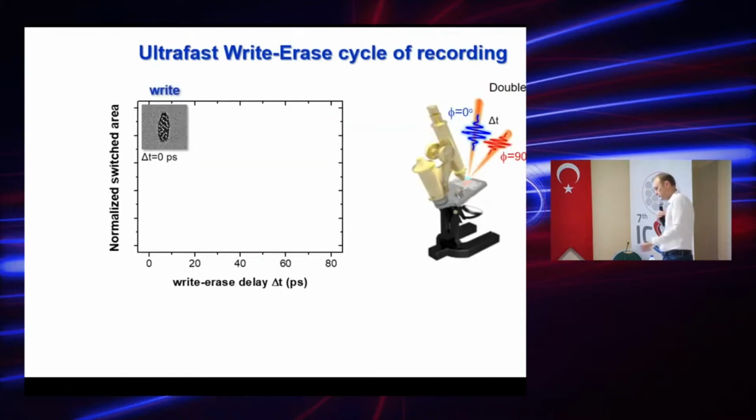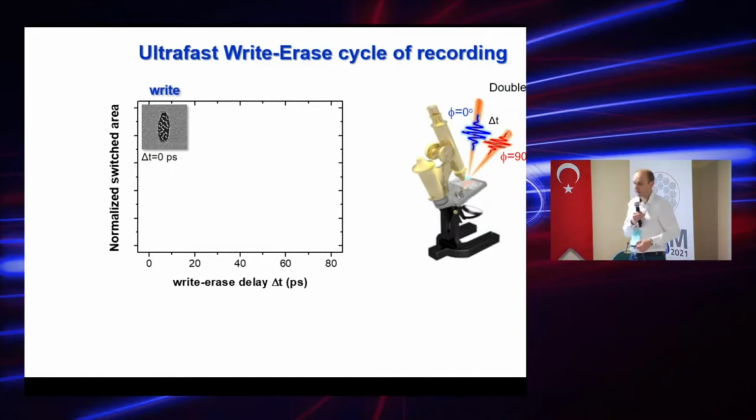Previously we demonstrated recording, the switching of the magnetization. The next step naturally raises the question of erasing the domain. It's a very interesting question. So in this case, we demonstrate it using a simpler experiment with two single pump pulses with some delay. The first pulse induces the domain, the second pulse, with orthogonal direction of the linear polarization, erases